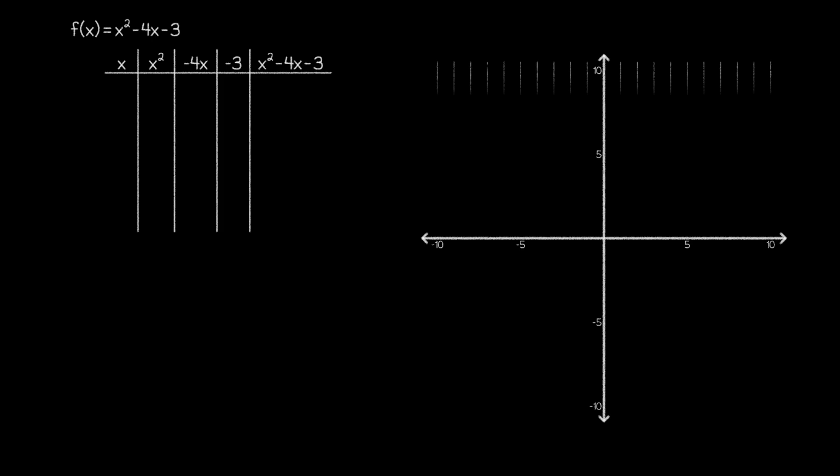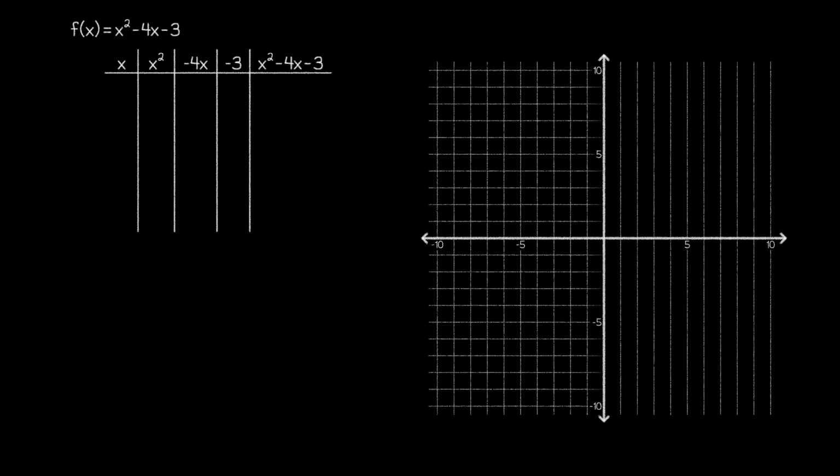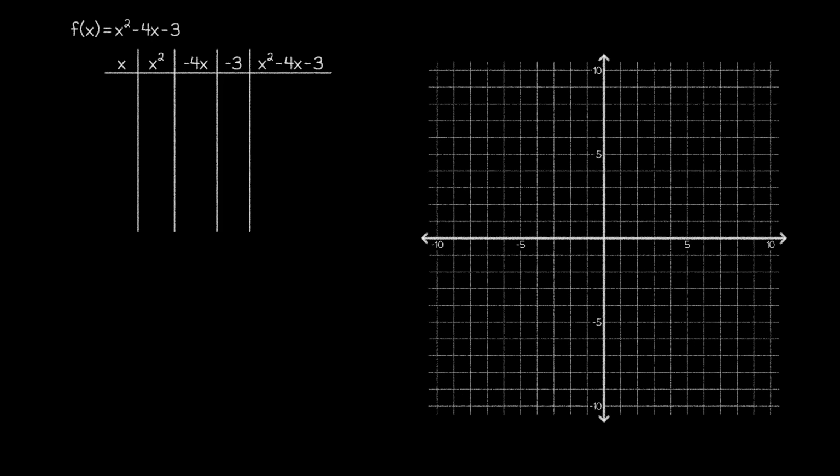Once we have that made, we'll have to decide what numbers to choose as our inputs, and we'll start that process by choosing some numbers that are easy to evaluate. Many people's first choice here is 1, and that will indeed be pretty simple to evaluate. And once we get our output, we'll go ahead and plot the corresponding point. However, there is an even simpler input to choose.